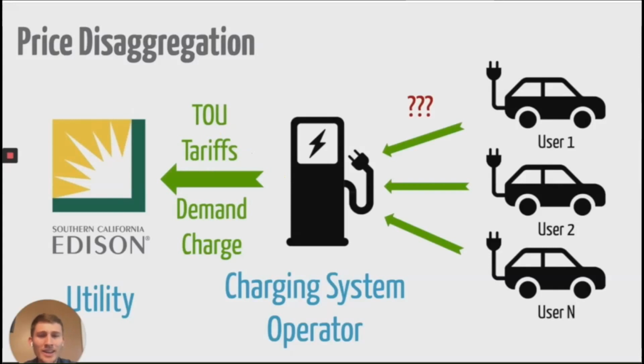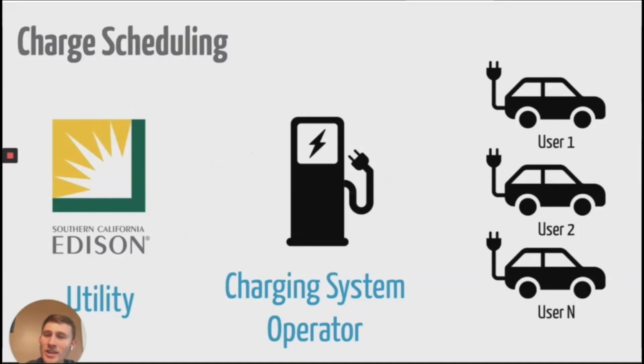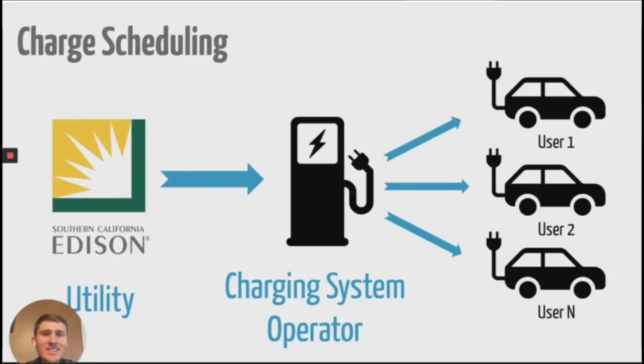The question we want to answer today is, how can a charging system operator disaggregate their costs and charge it to individual users based on the demands they place on the charging system? The related question of charging scheduling is also important. A charging system operator is going to draw power from the grid and needs to decide how to allocate that power to individual users in a way that's fair and that minimizes their cost. This is the premise of smart EV charging. So the other question we want to ask is, how can we come up with online algorithms to schedule smart EV charging so that we minimize our costs?